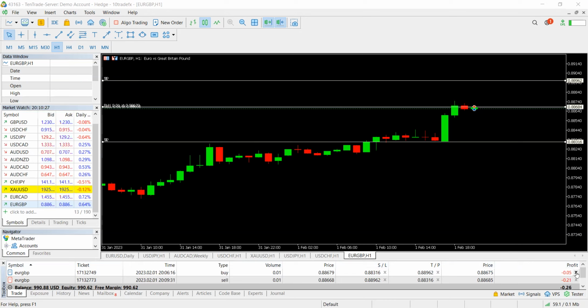We are all used to the X button for people that use PC. So X means close, right? So when you click on X, it means that you want to close that trade, and you'll be closing at the current